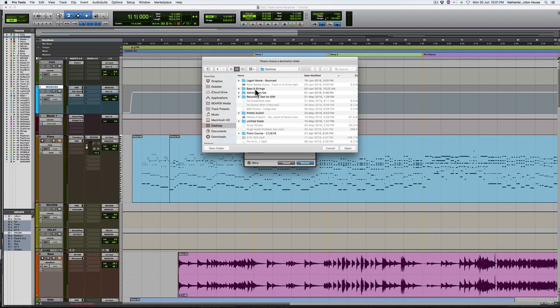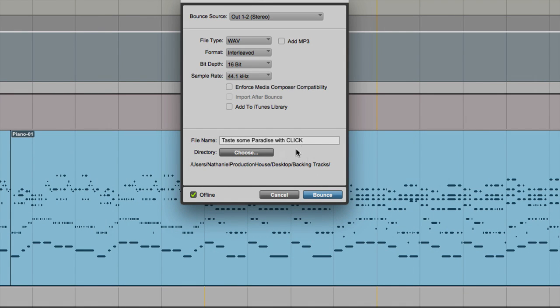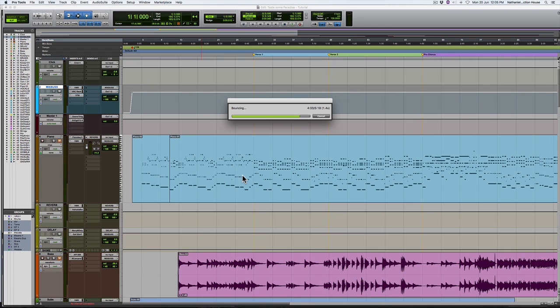Render, head over somewhere in your computer, and I'm calling this song name with click. As we're reaching the end of the rendering process, it's also important to know that while we're rendering, everything we did during the mix and master of the project, the leveling, the limiting, the compression, the reverb, the delay,